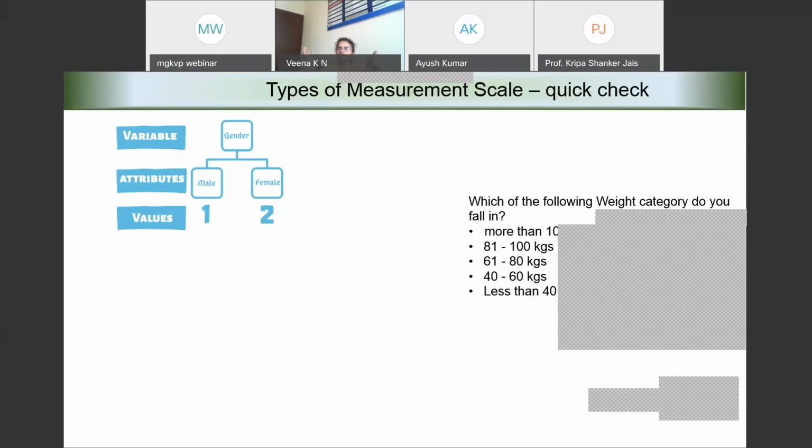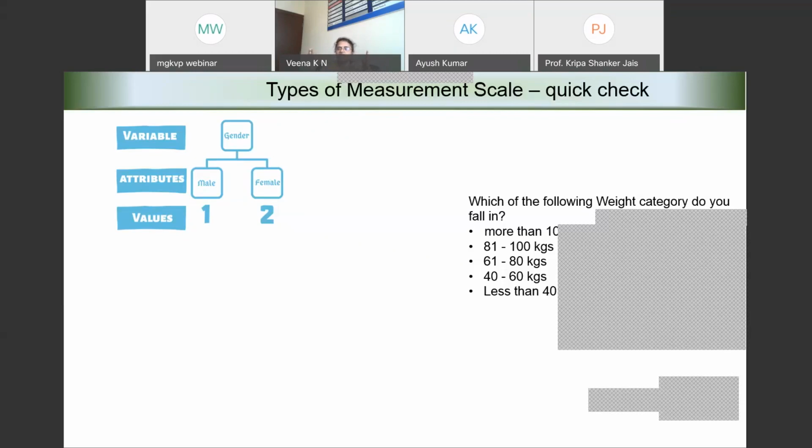So weight here is a continuous variable. It's a measurable variable. When we talk about a continuous variable like weight, and when I ask you to tell me your weight, you tell me the actual value.